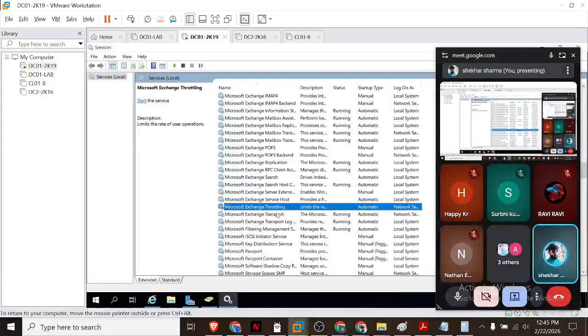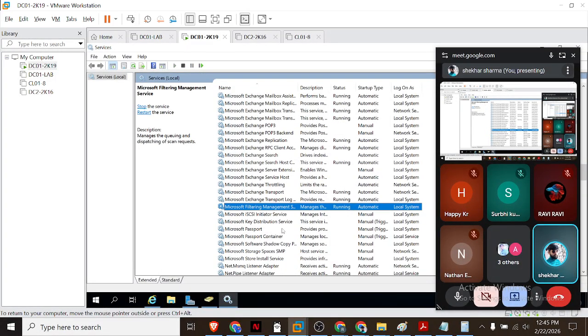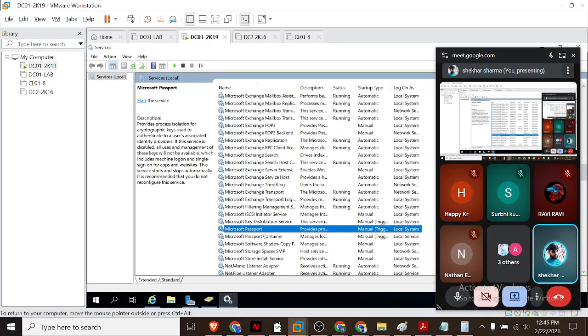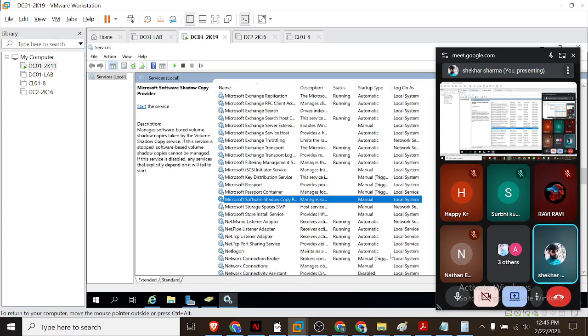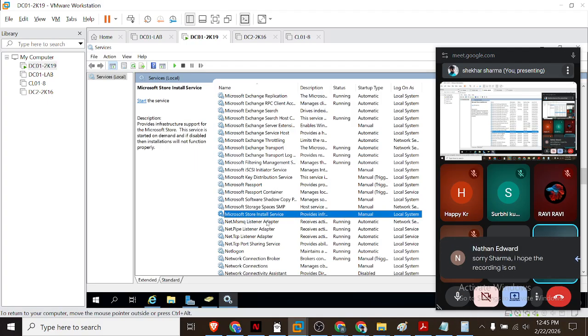Trolling service, transport log, filtering services. These services are very, very important, but you need to learn the mandatory services, which are, if this service is down,